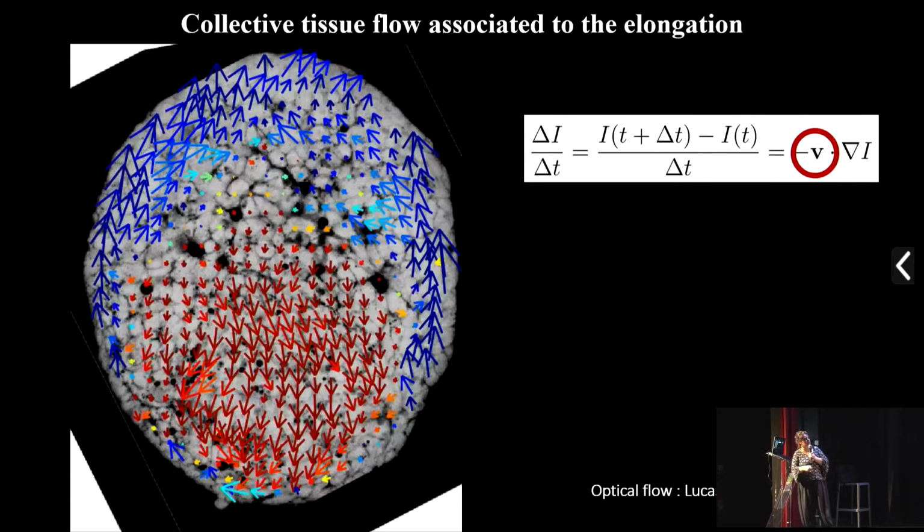And something that we found is that, okay, this object is elongating, but the velocity field that leads to the elongation could be in many different ways. There are many internal velocity fields that lead to the same elongation. So having the full map of the velocity field doesn't tell you the mechanism of elongation, but gives you clues. And here you can see these red balls of cells. All these cells flow more or less downward in a block, and you can see a recirculating layer here of cells that flow backward. And this recirculation flow,